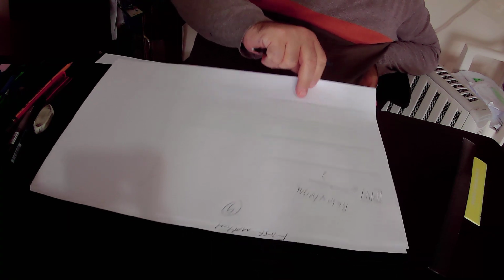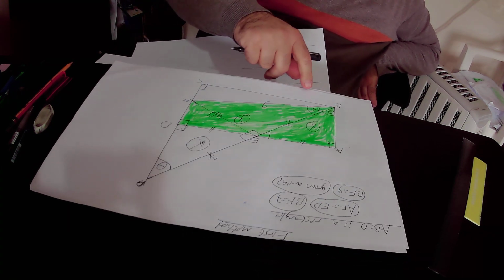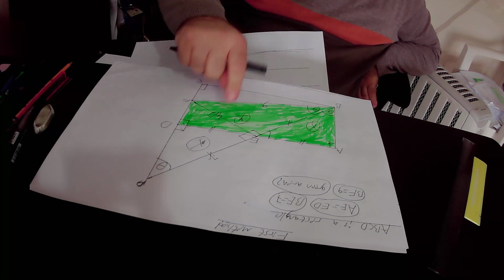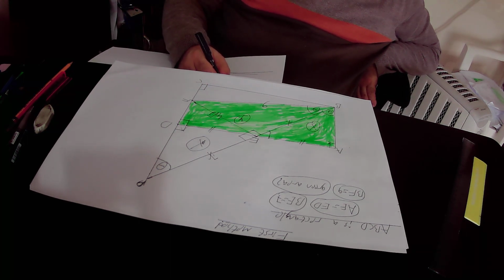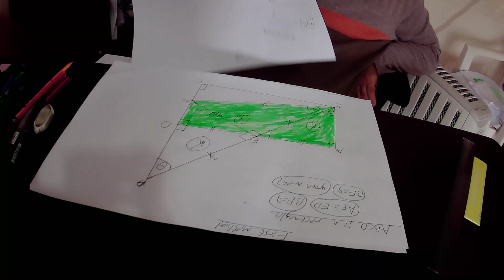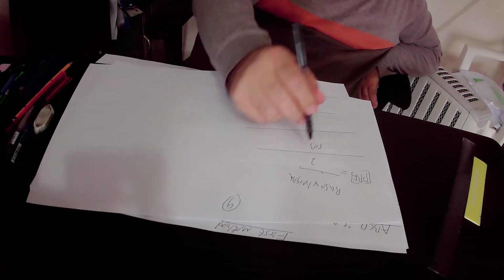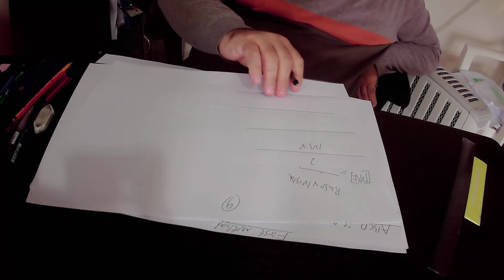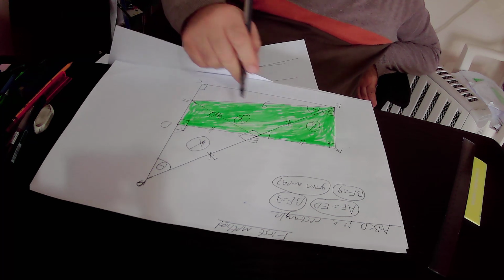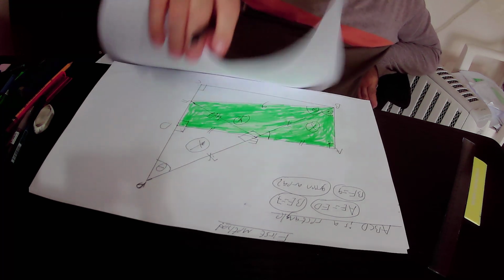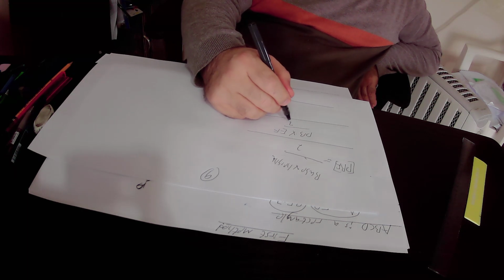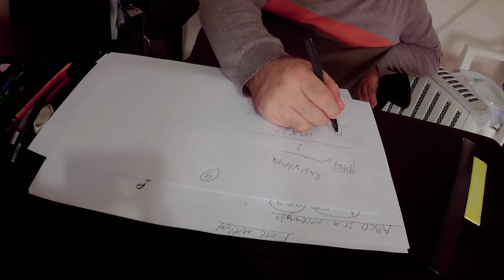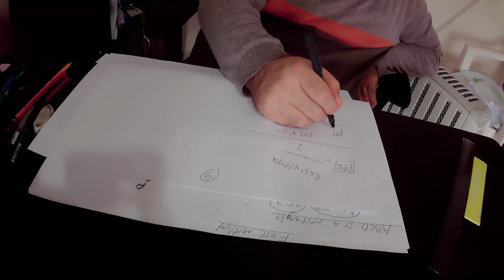So the base of the isosceles triangle PBF is PB. The base is PB, the height to the base is EF over 2. So we found out that the area of the isosceles triangle PBF